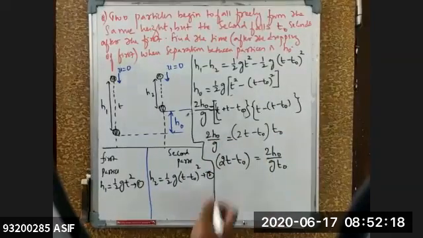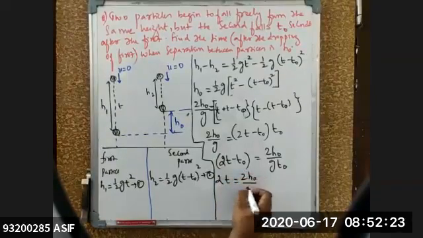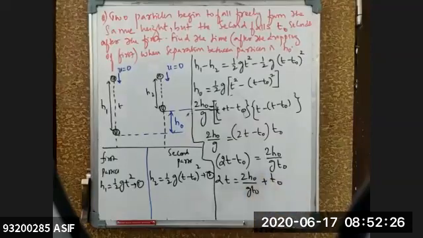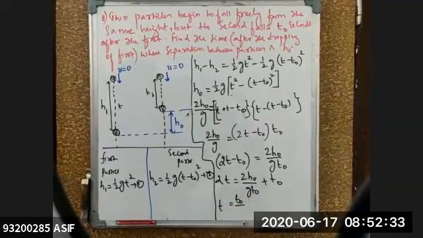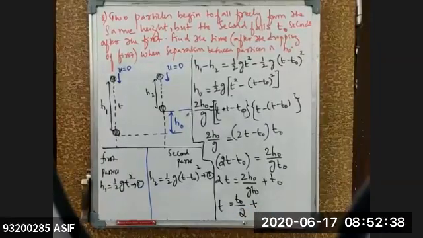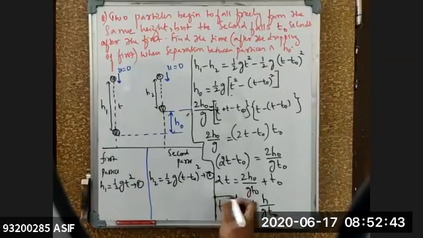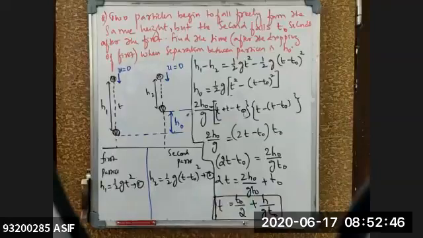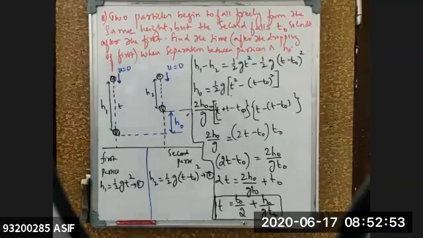Okay? So 2t, if I'm taking this on this side, 2t is equal to 2 into h naught by g into t naught plus t naught part of the relation. So t will be equal to t naught by 2 plus, this 2 and 2 get cancelled, so this will become h by g into t naught. See, time t is equal to t naught by 2 plus h naught divided by g into t naught.